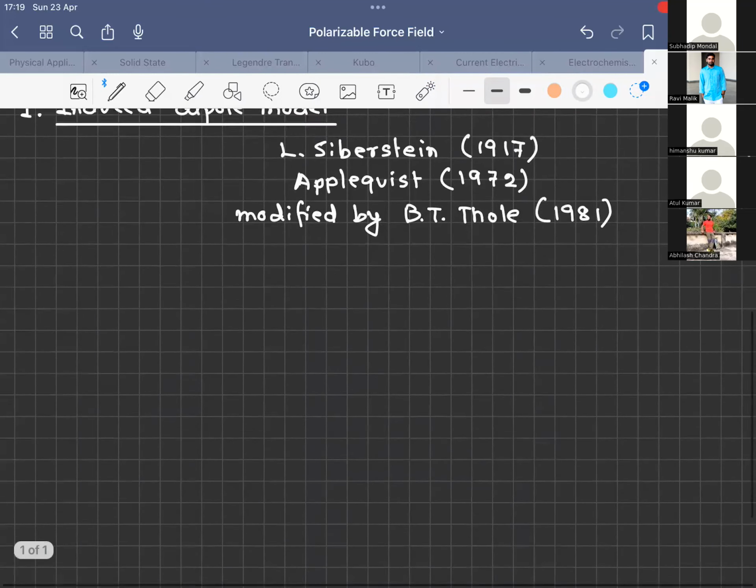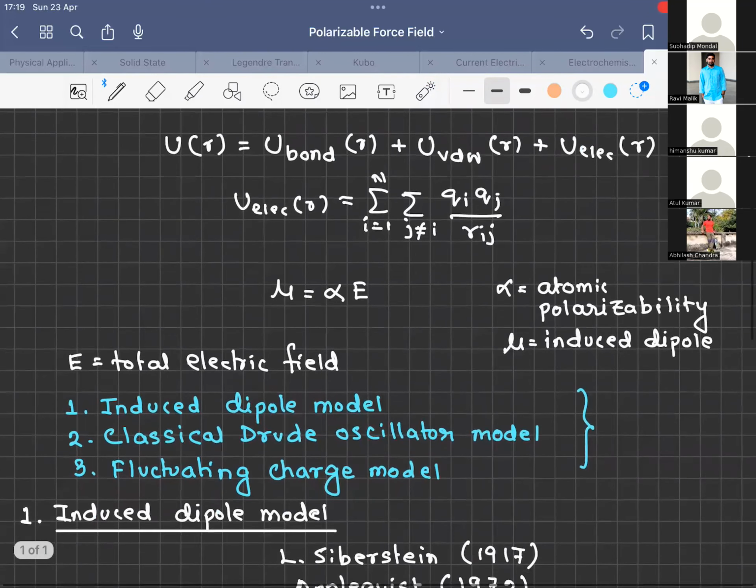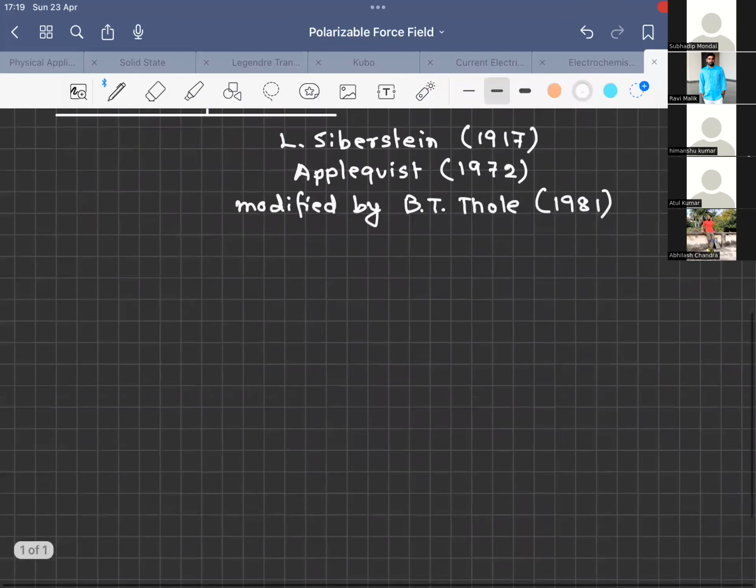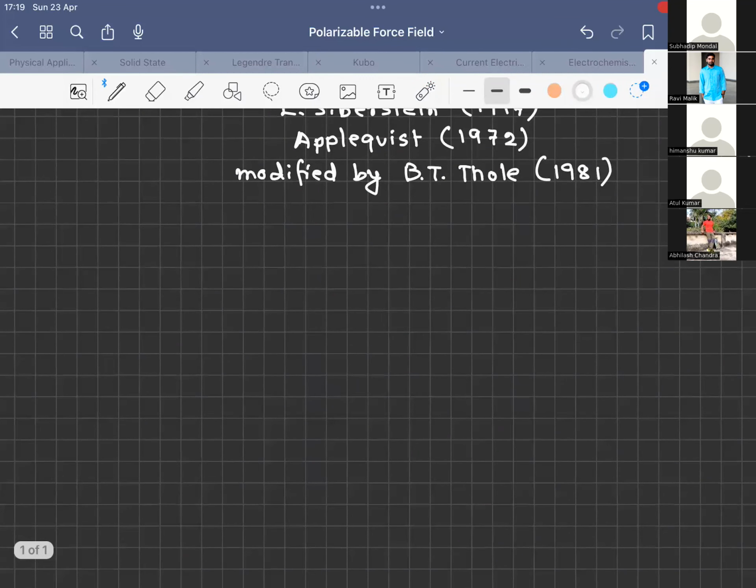For the induced dipole moment, I already told you it's a simple equation: the induced dipole moment is equal to polarizability times electric field. So how do they model or calculate this electric field? In this regard, suppose the atom index is P or Q. We can write the dipole moment, or induced dipole moment, of the atom P as